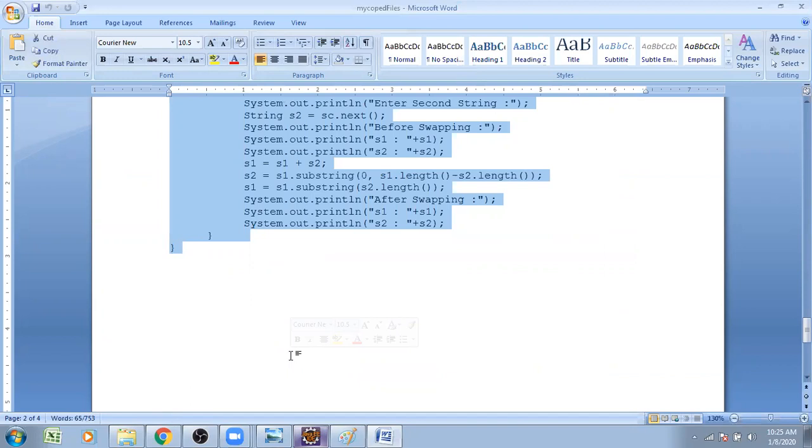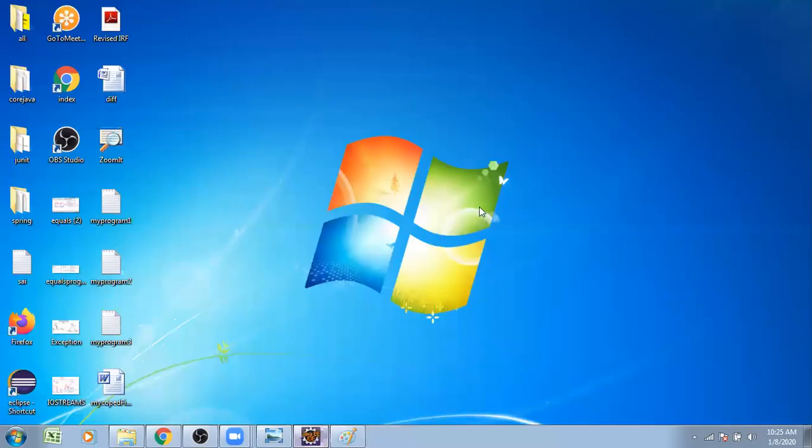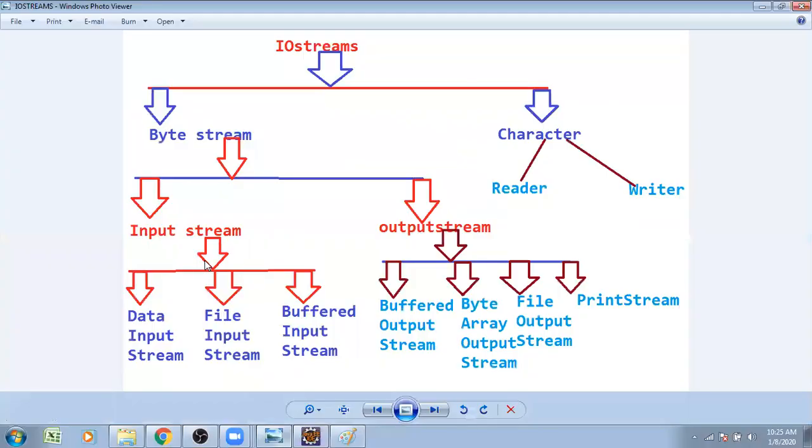First file data, multiple files. I showed you 1-to-1 file copy, 1-to-many file copy, and many to 1 is also possible. 1-to-1, 1-to-many, many to 1. All types of file copying are possible with a combination of file input stream and output stream. Similarly, we wanted to concentrate still under the IO package. We see data input stream, file input stream, file output stream.